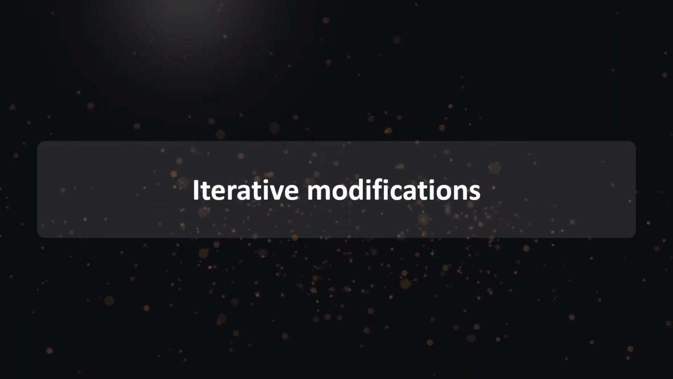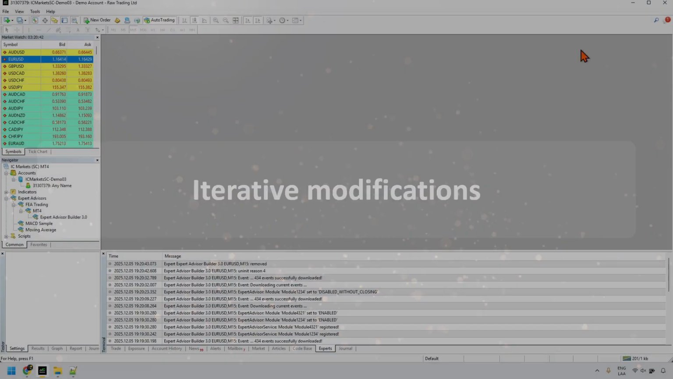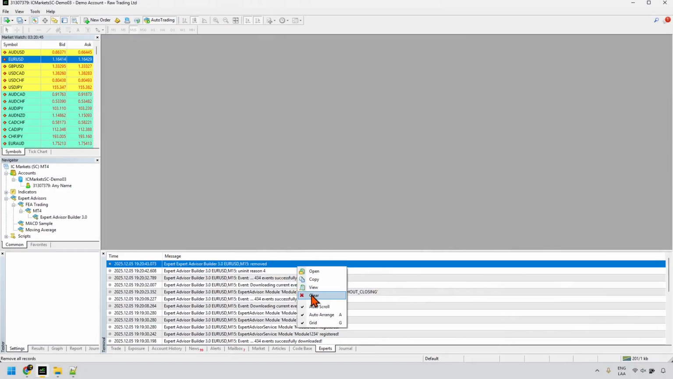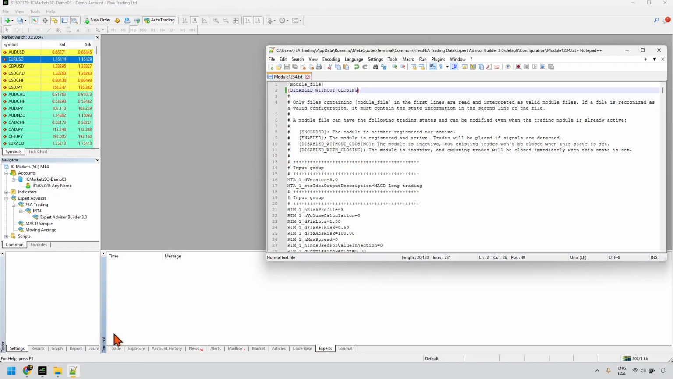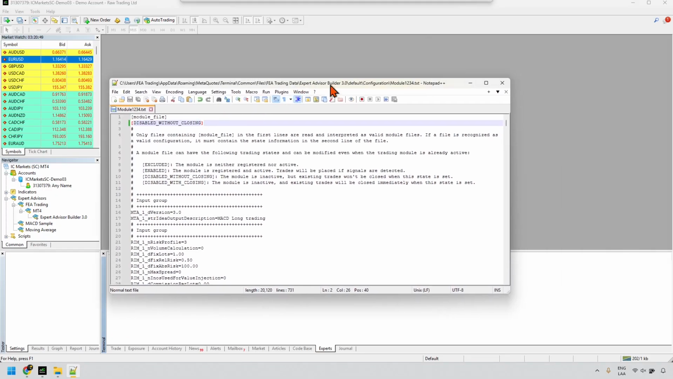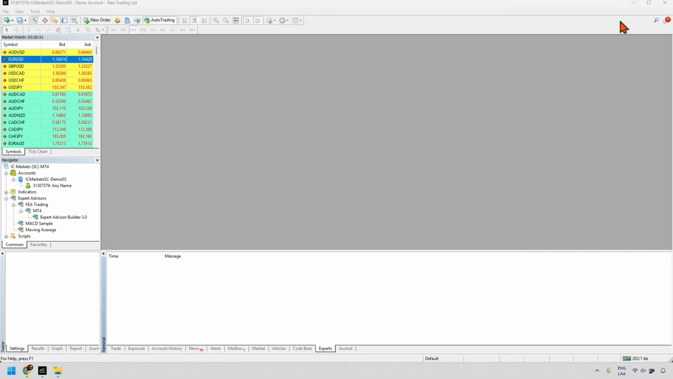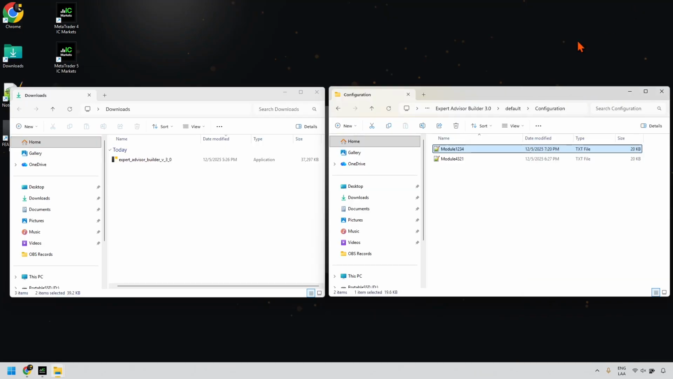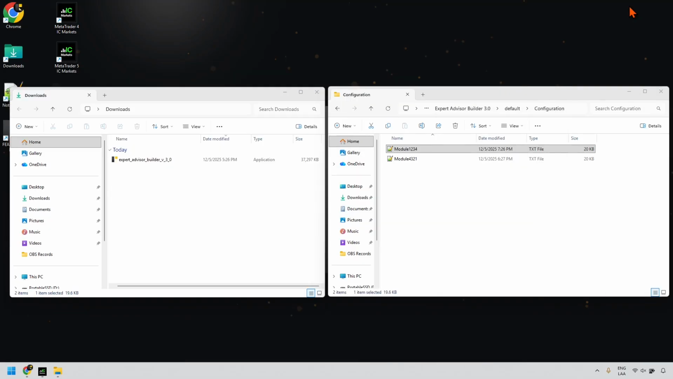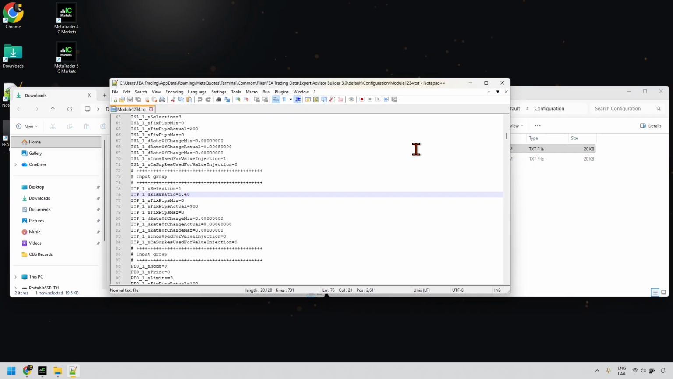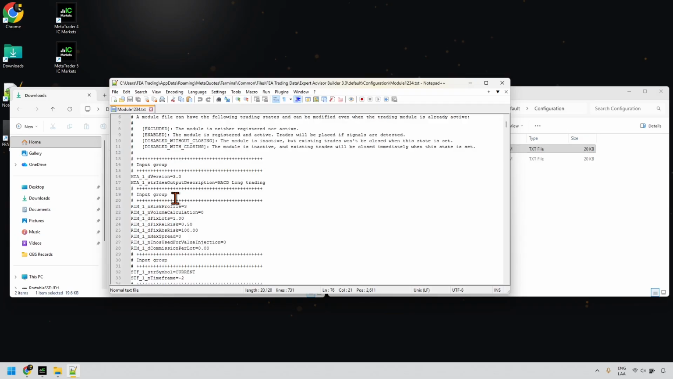This chapter is purely optional, however, it's very useful to know how to modify once exported trading modules. Well, let's demonstrate how it works. Please close or minimize your MetaTrader and head back to the folder with the module files. Option 1: Open module 1234 with the text editor and scroll down to the identifier ITP1 risk ratio, which is